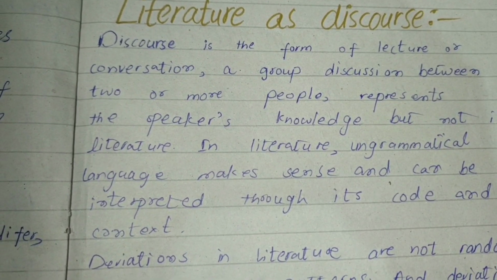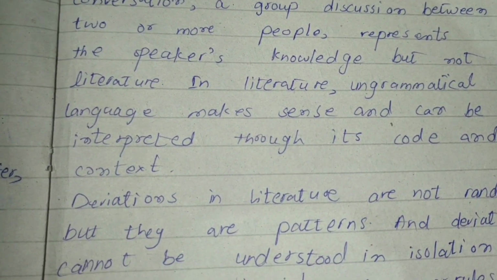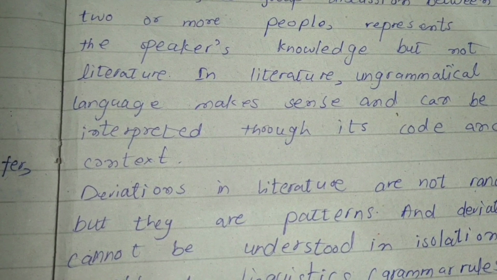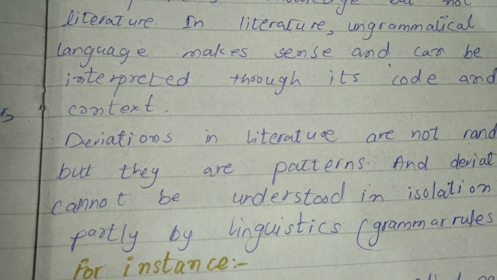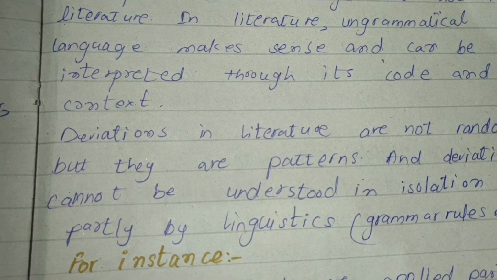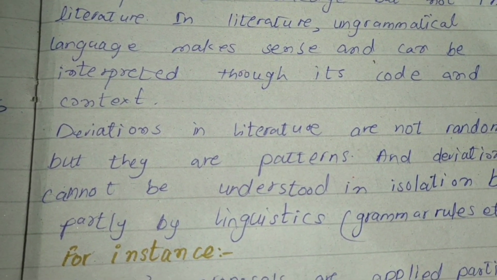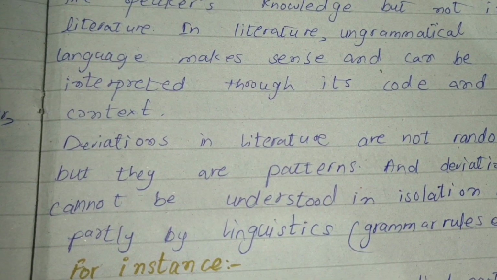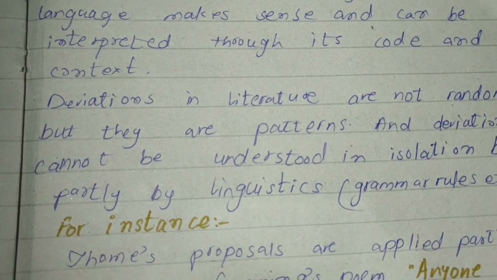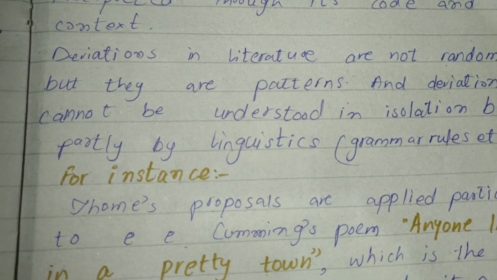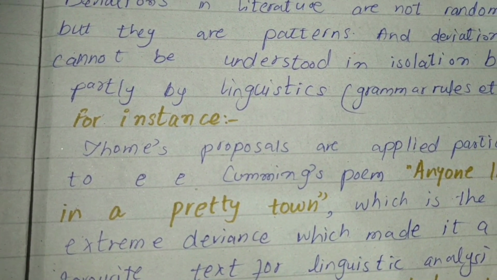Literature as discourse. Discourse is the form of lecture or conversation, a group discussion between two or more people. It represents the speaker's knowledge, but not in literature. In literature, ungrammatical language makes sense and can be interpreted through its code and context. Deviations in literature are not random but they are patterns, and deviations cannot be understood in isolation but partly by